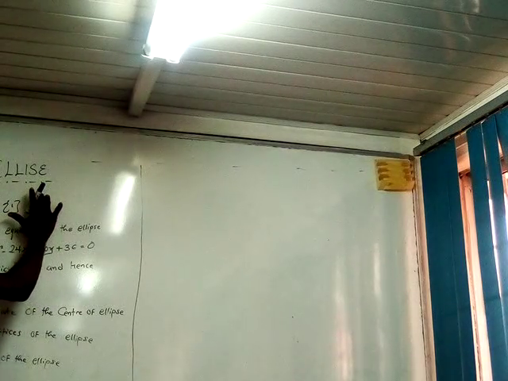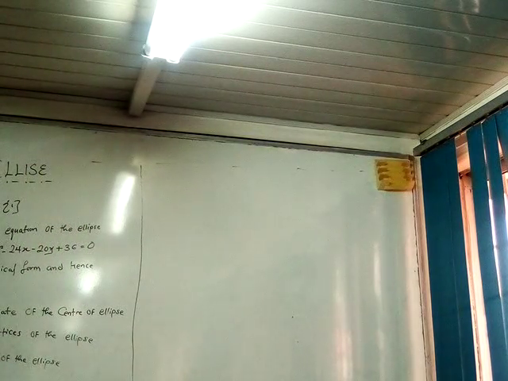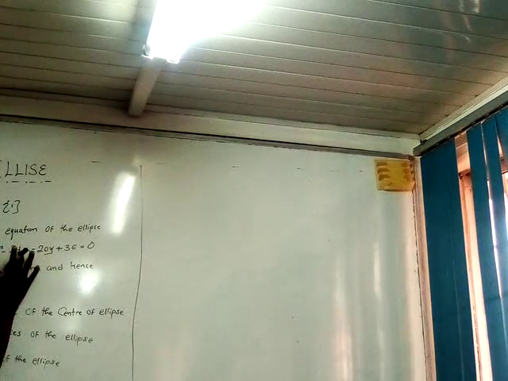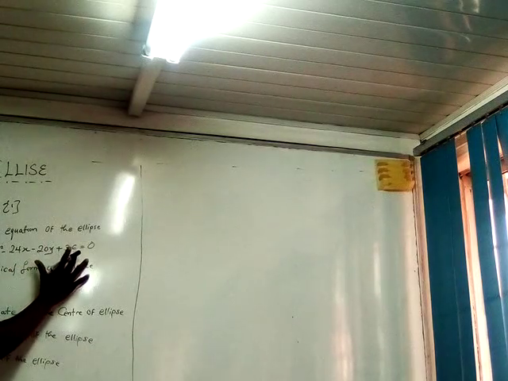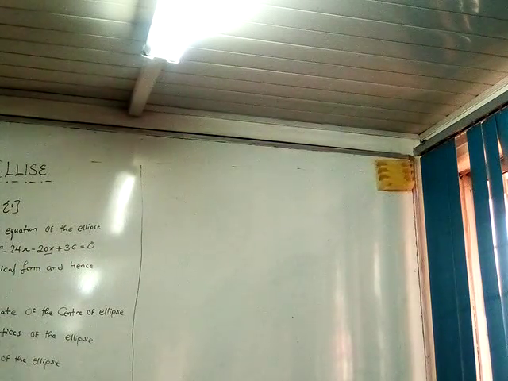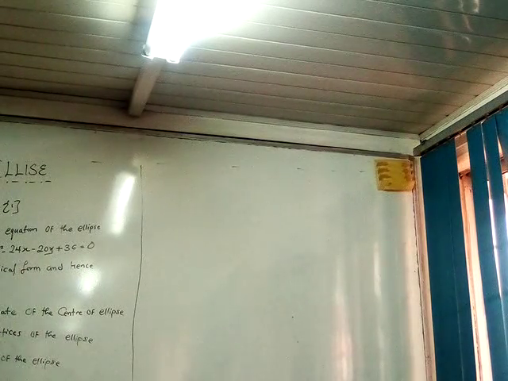Last time we were solving was on parabola. So this is another topic on ellipse, and this is another example under it. We have so many examples under ellipse. The example one we are teaching today is: write the equation of the ellipse 4x squared plus 5y squared minus 24x minus 20y plus 36 equals 0 in the conical form and hence determine